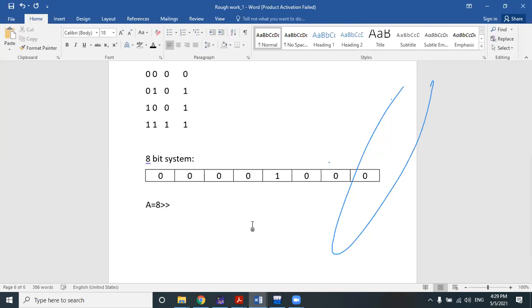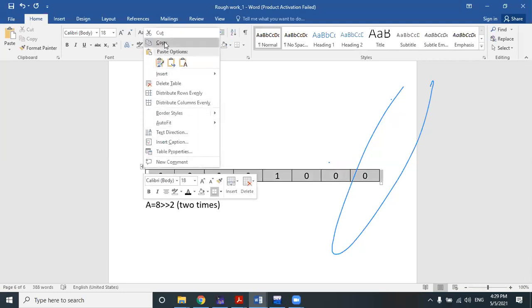Now we will apply the right shift operation 2 times. This 2 represents how many times you will apply the right shift operator. So how many times have I applied the right shift operator? 2 times. What is the job of the right shift operator? Simple. It will shift each and every bit one step to the right hand side. What did I say? It will simply shift each and every bit one step to the right. So after the first shift, how will it look?